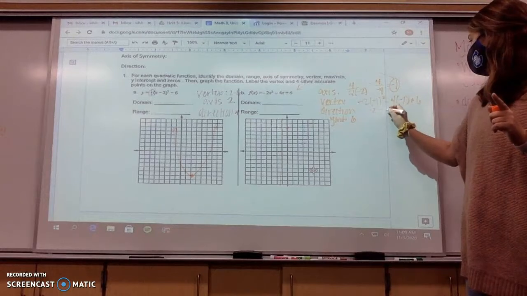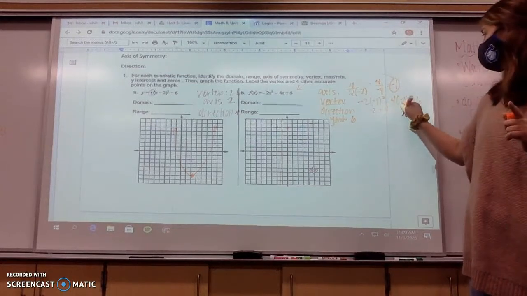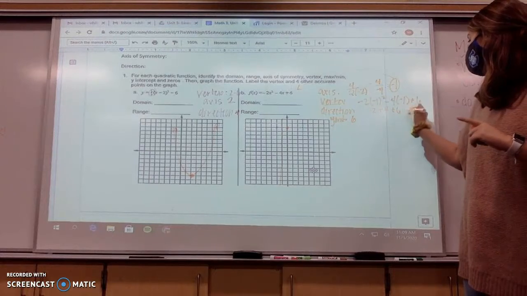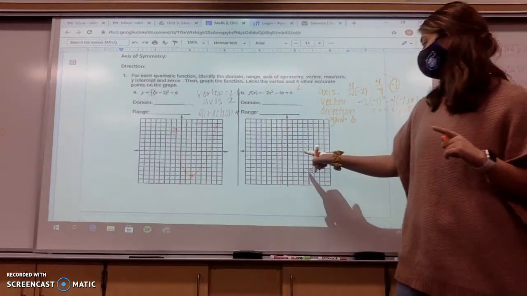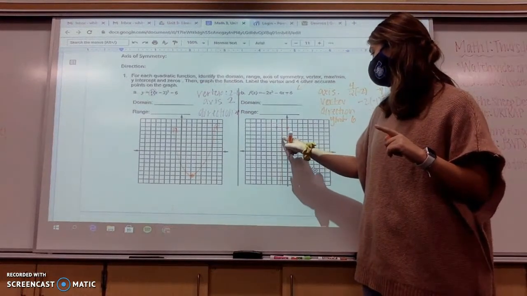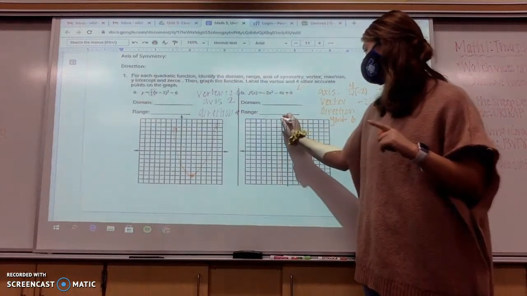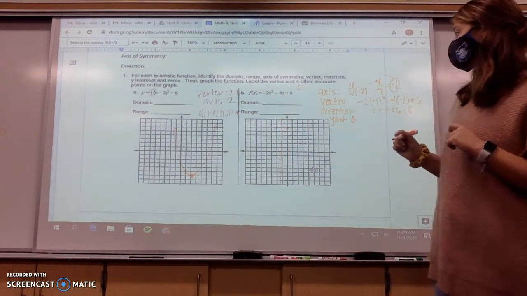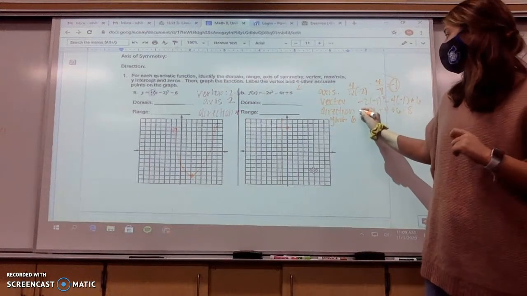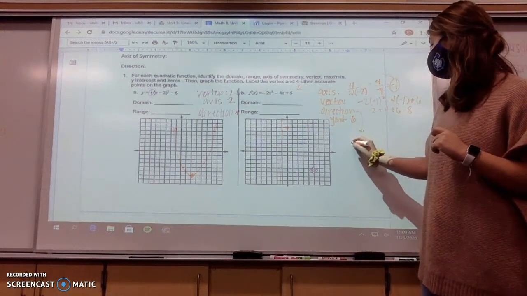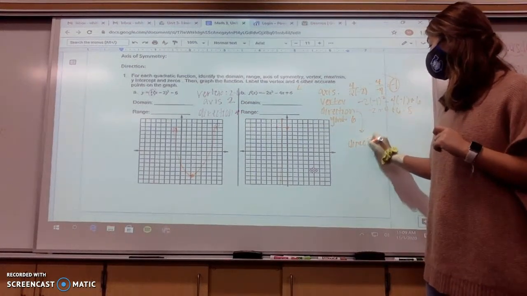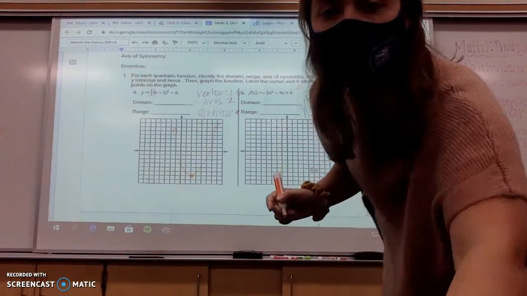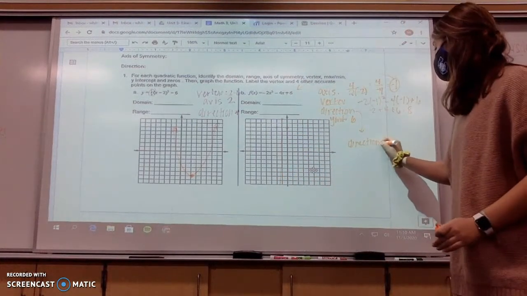Minus, or plus a 4, because -4 times -1 is positive, plus 6, so we get 8. So I'm going to come over here to -1, 1, 2, 3, 4, 5, 6, 7, 8. Up there for my vertex. And my direction, I'll come down here, direction is down because my a, which is -2, is negative. So my direction is down,